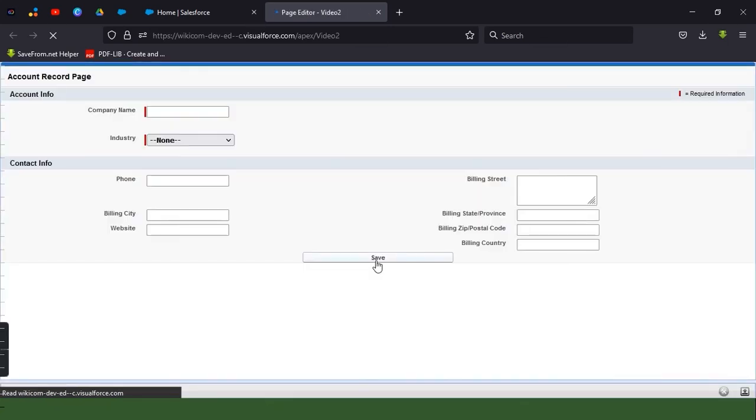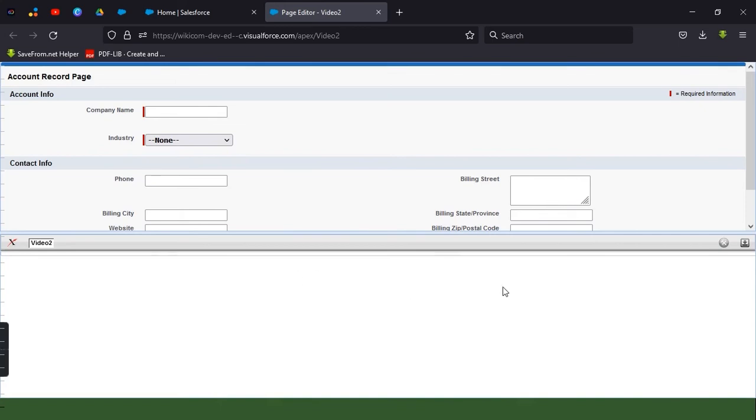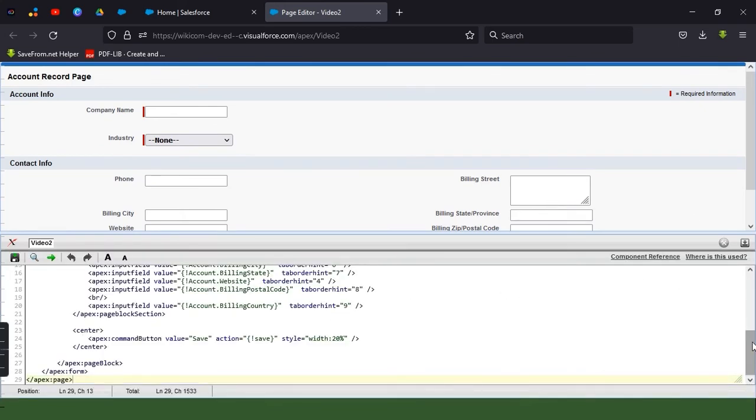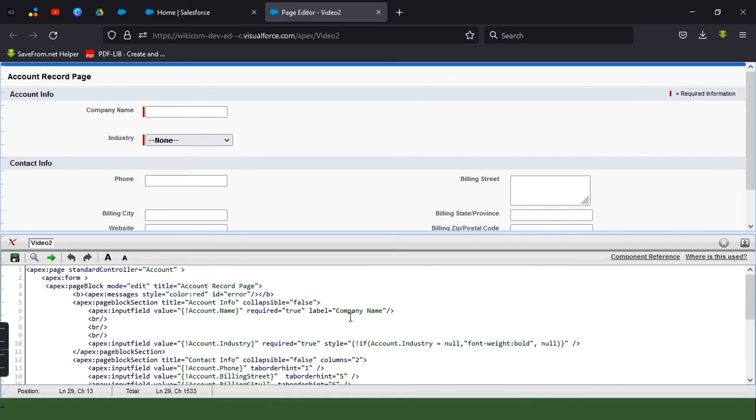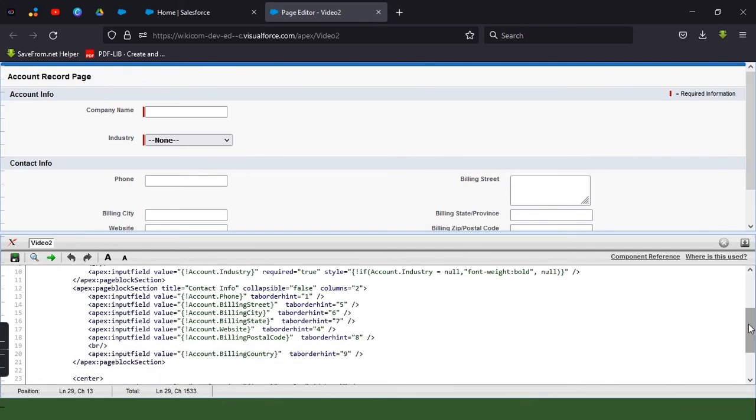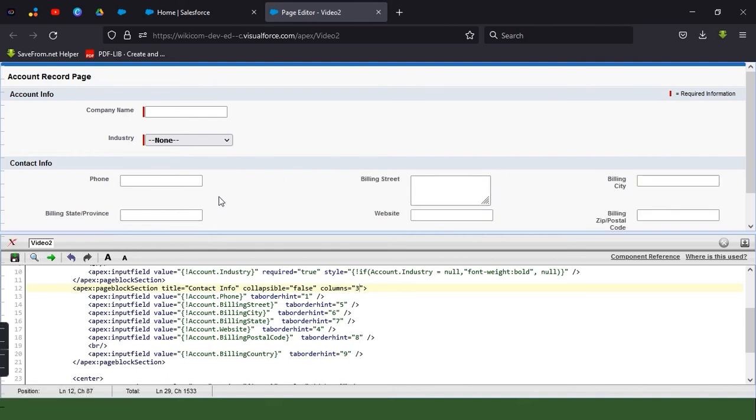As you can see, this page is getting previewed, and at the bottom we are getting one option. As soon as I click on this, I get the Visualforce code and I can make changes and view the page. Here I am updating the number of columns. As soon as I click on save, the changes will be made on the fly.